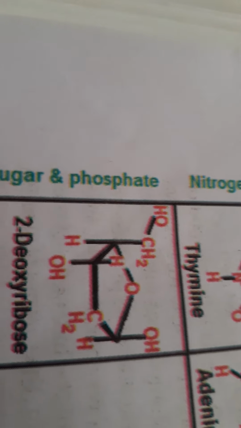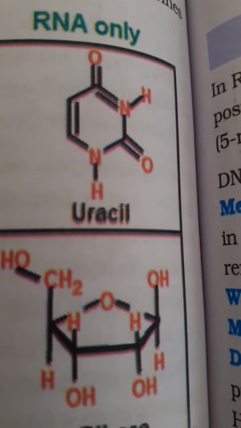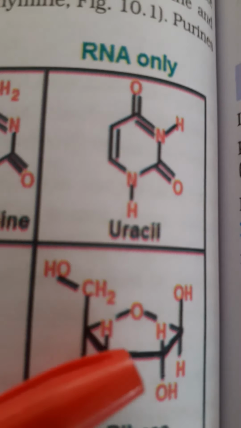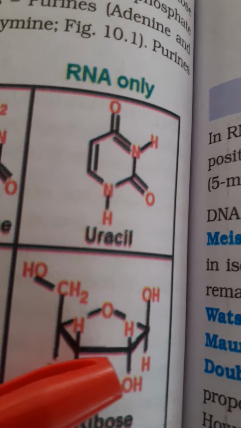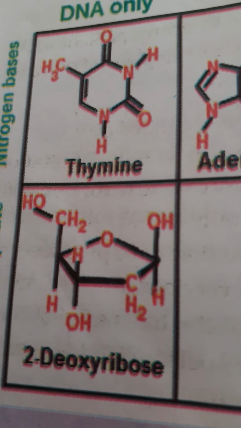The structure of the deoxyribose sugar which is present in the DNA and the structure of the ribose sugar which is present in the RNA. Can you see ribose sugar? This is present in case of RNA. What is the difference? Can you note? Here you will find that the second position there is OH. Second position carbon is having OH. Whereas in DNA it is not having the OH at the second position.